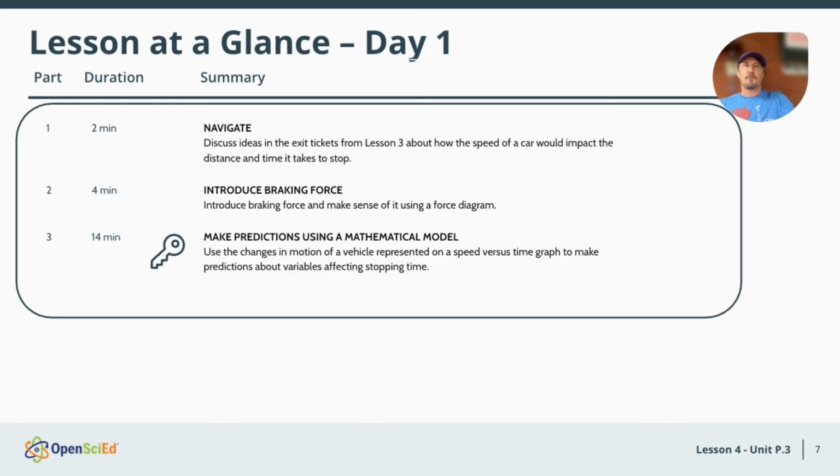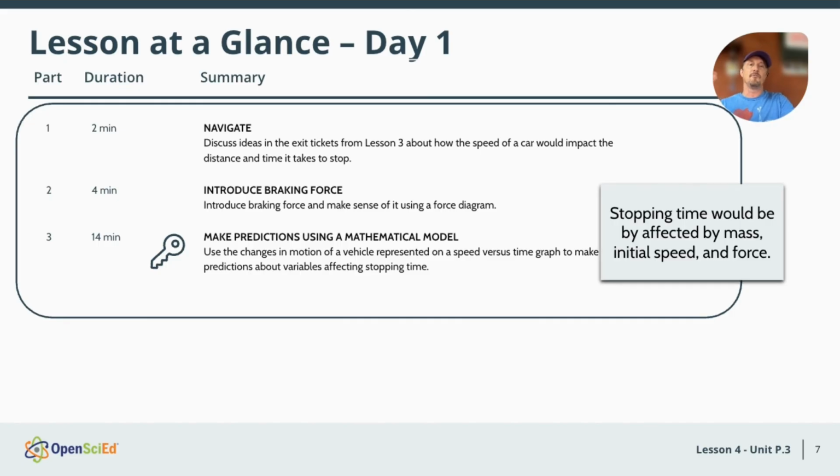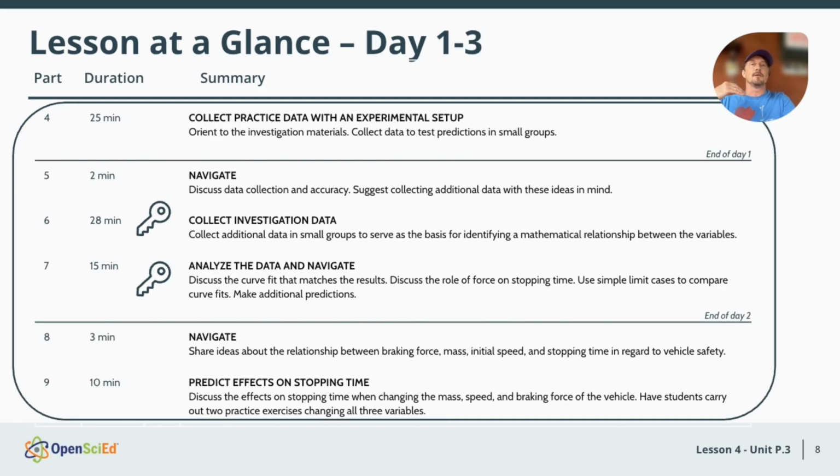So we reason through some speed time graphs on day 1, and we figure out that stopping time would be affected by mass, initial speed, and force. We haven't done any experiments yet, but we think through this, and it makes sense that those 3 things would matter. We then design and collect quantitative data